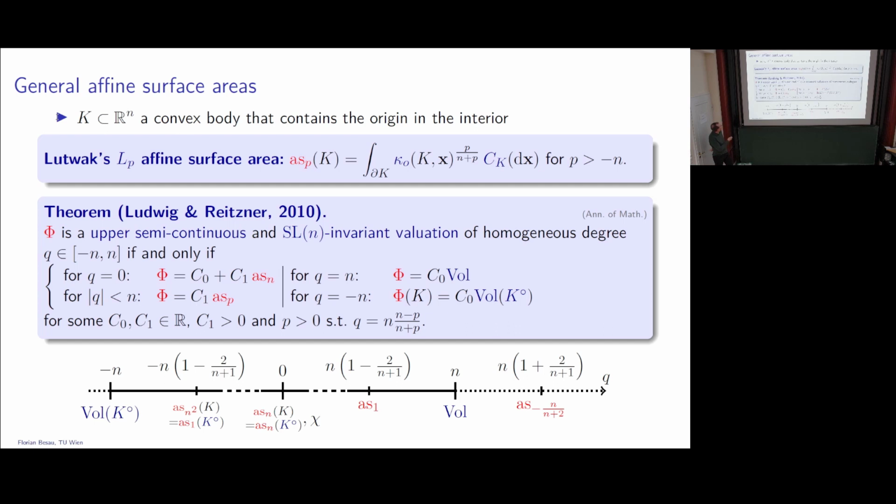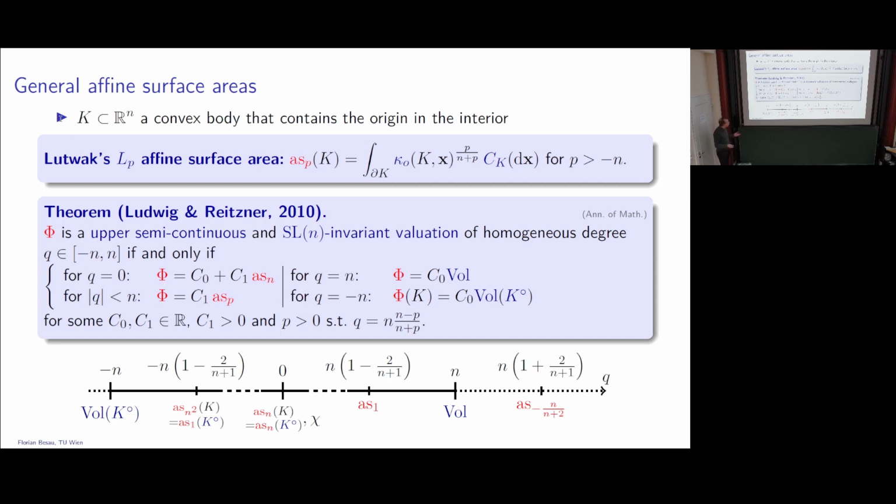Okay, and I want to mention here some characterization results for these quantities as well. So again, due to Monika Ludwig and Matthias Reitzner, when you are looking at upper semi-continuous SL(n) invariant valuations enumerated by the degree of homogeneity, then exactly these LP affine surface areas are the only examples that show up. And this was then further